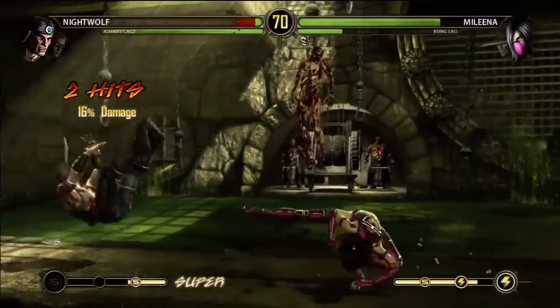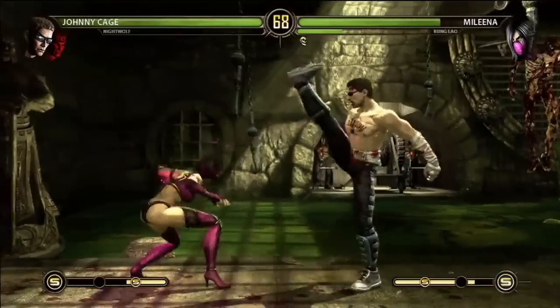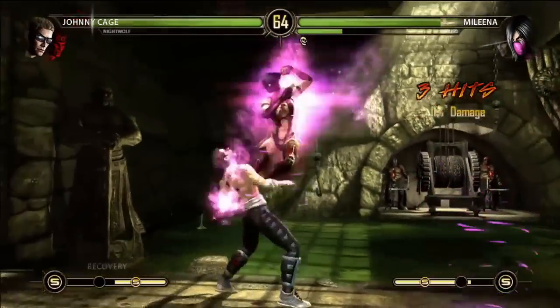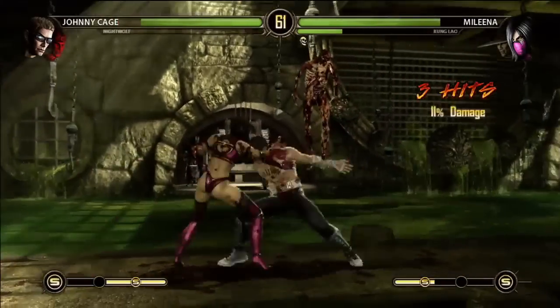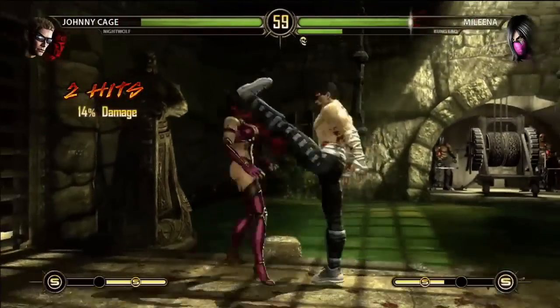I got you. As we watch Melina and Johnny Cage work, this is again another environmental fatality level, correct? Yeah, this is the pit from Mortal Kombat 2, and a lot of these backgrounds we've just reimagined with our current technology, so we can do a lot more elaborate stuff in terms of